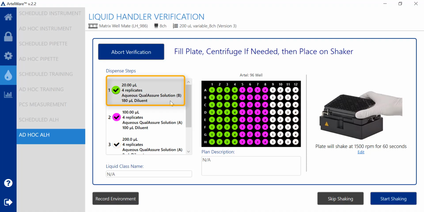Here you can see that for a 20 microliter dispense, I need 20 microliters of QualiSure Solution B and 180 microliters of diluent. If I look at the 100 microliter dispense, I need 100 microliters of QualiSure Solution A and 100 microliters of diluent. Also here, I can enter information about the liquid class name or the plan description, and